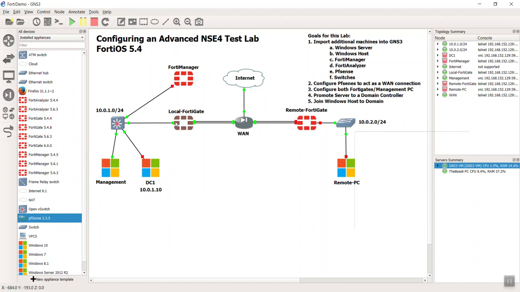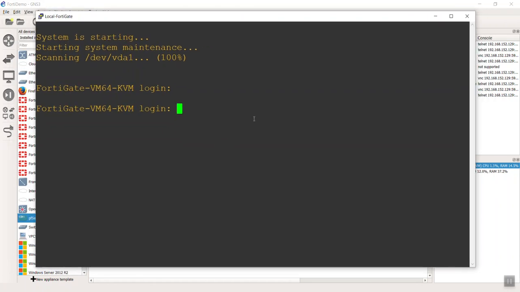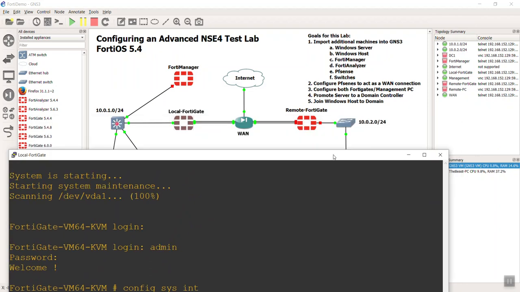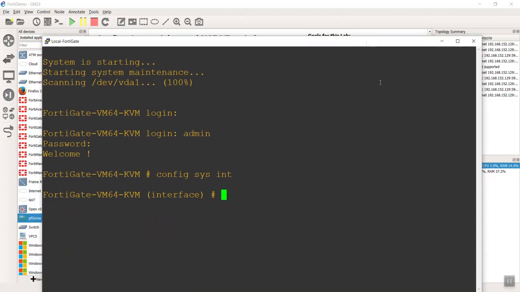So let's go ahead and start with our local FortiGate, and everything that I'm doing here is done in the basic NSE4 lab videos. I'm just doing it here for completeness, but this should be nothing new. So here's my FortiGate booted up for the first time. Remember, once you load it up, you have 14 days to use it until you have to license it. All right, so admin, no password, and then I'm going to do a config sys interface. This does qualify for objective 3, by the way. We're setting up the local FortiGate, and then we're going to do a